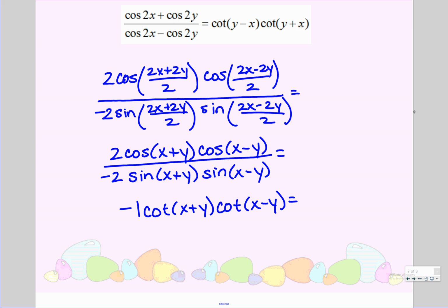I'm also allowed to distribute it into any term I want to. So we're going to distribute it into this angle on that cotangent. And what that's going to do is get rid of that negative out front,